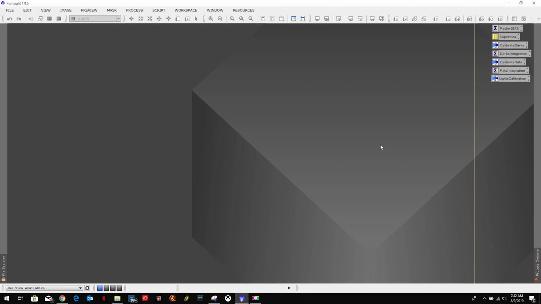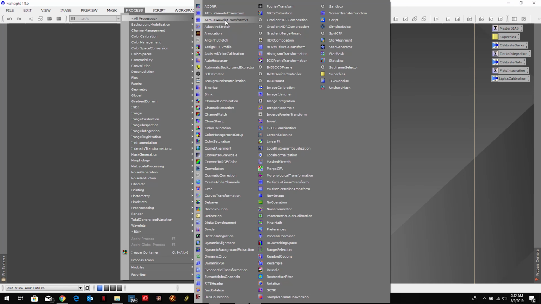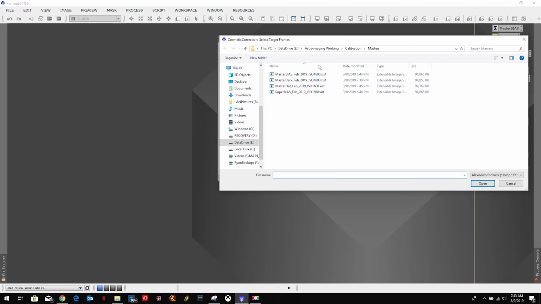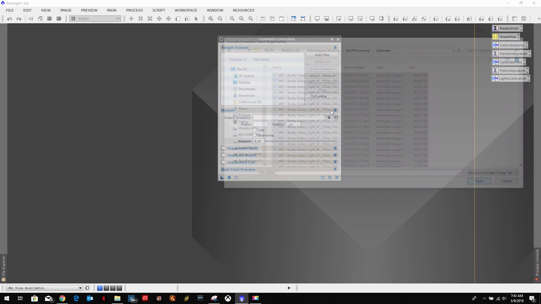The next step in the Light Vortex Astronomy tutorial workflow was cosmetic correction. So we're going to go up to Process, All Processes, Cosmetic Correction, and we're going to add those calibrated files we just created. So let's go here to Calibrated, select them all,